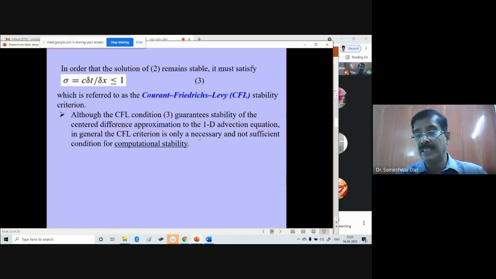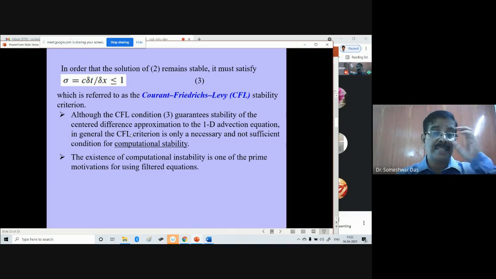So here both the things are there. One is the numerical technique, numerical method, and the other is the physical processes. Even if everything is stable physically, it can become unstable numerically because of the non-satisfaction of the Courant-Friedrichs-Lewy condition. So the instability which occurs because of this condition is called the computational instability. Okay, so this is yet another kind of instability. Is it the eighth or ninth? Have you counted? Do you remember?